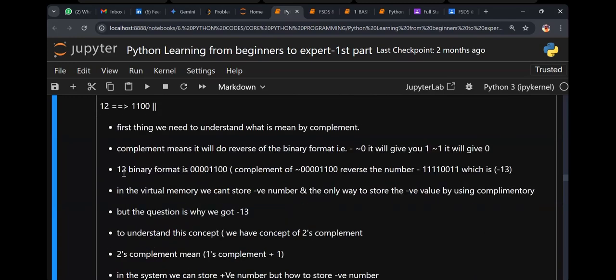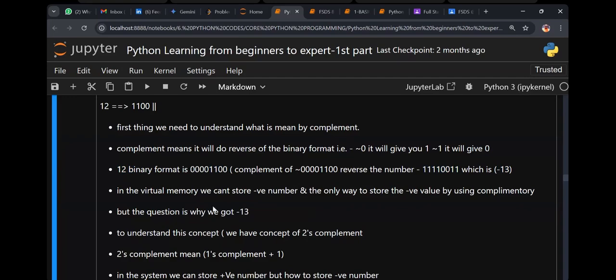12 binary format is 1100. So, if I say complement of 1100, can I get this value or not? That means minus 13. In Python, you cannot store a minus value. Understand? So this is one way where you can store.